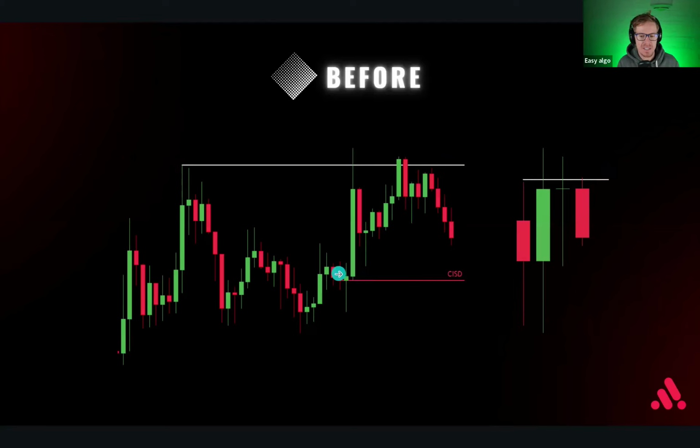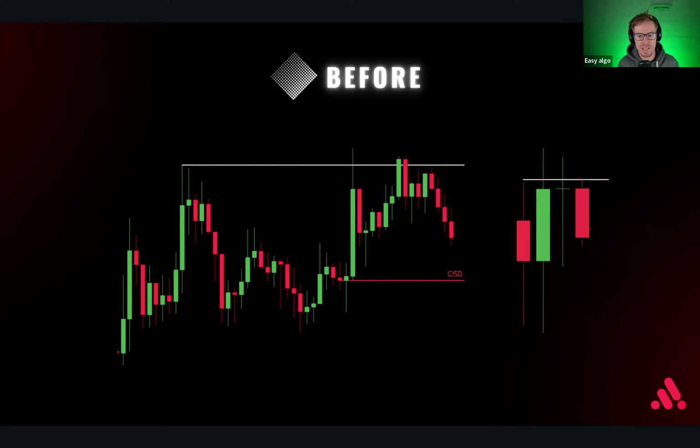And this line is just giving us confirmation of when there's going to be a break in the structure or a change in the state of delivery. So right now, we don't even enter this trade. This is the great thing about this indicator. It's just going to give you markers of specific zones and areas that you will only look to enter when